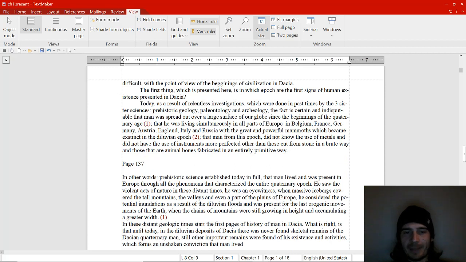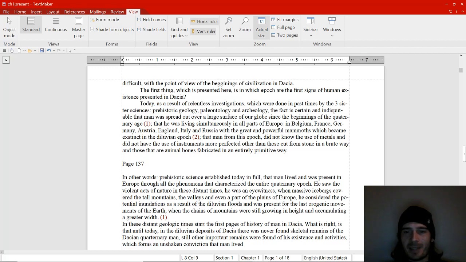Page 137. In other words, prehistoric science established today in full that man lived and was present in Europe through all the phenomena that characterized the entire Quaternary epoch. He saw the violent acts of nature in these distant times. He was an eyewitness when massive icebergs covered the tall mountains, the valleys, and even a part of the plains